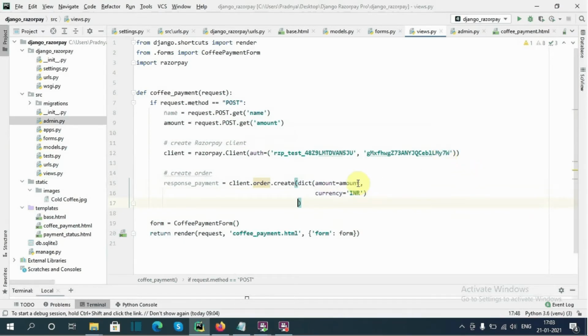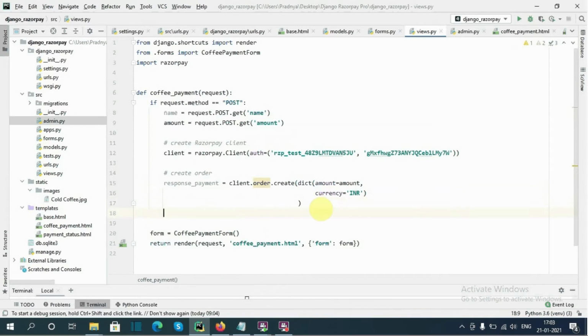Here we need to pass this data to Razorpay's order API. Now I'm going to print this response_payment to check the fields returned by this order API.